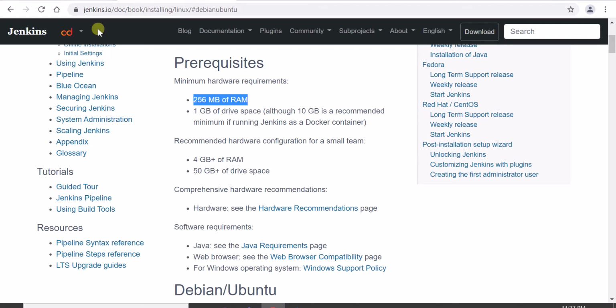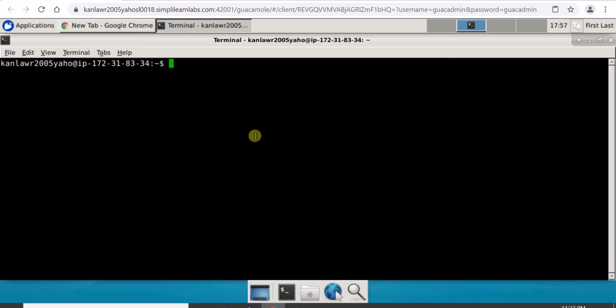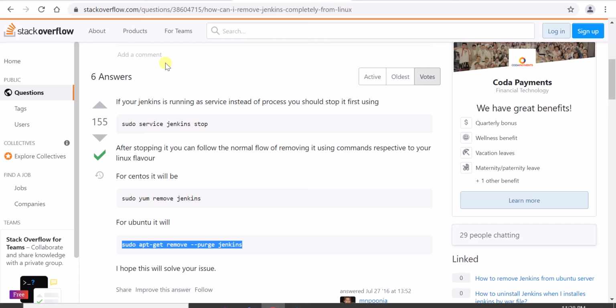Okay, let's start. Go to command prompt. Since I already installed Jenkins before this video, I'm going to remove Jenkins first, then install it again, because before making the video I wanted to make sure that everything works fine. One more thing, I want to recommend a website called stackoverflow.com. This is for the Linux community, and you will get all the questions answered whenever you have any issues with your project. Here I found the commands for Jenkins uninstallation.